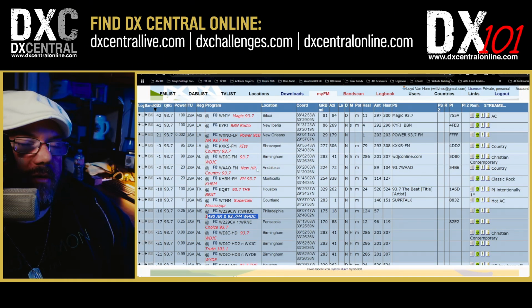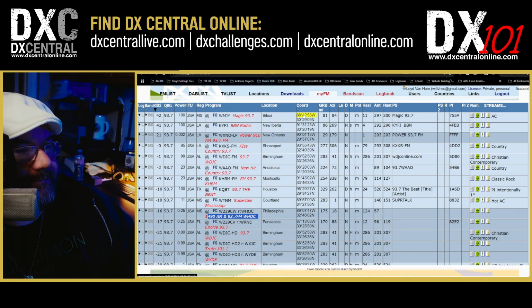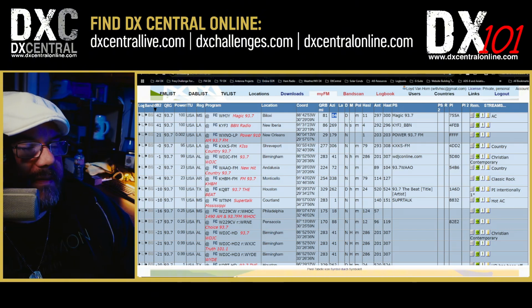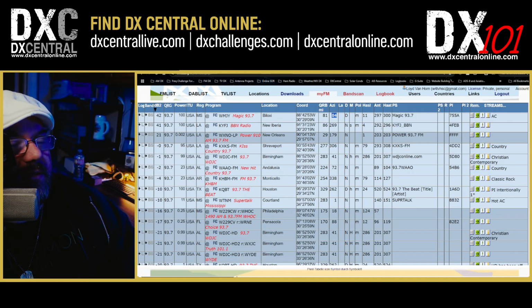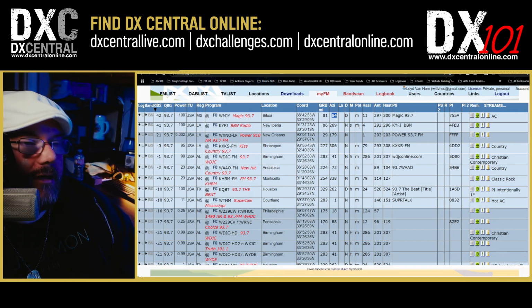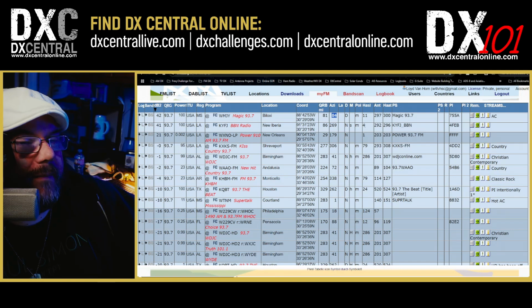There'll be some times where you'll run across some outdated information, but usually it's pretty up to date. Your city, their coordinates, their distance from you to that station, and you'll also see the azimuth they're bearing as well. Some information on the antenna, as far as the antenna height and things along those lines. If it's vertical or horizontal or mixed